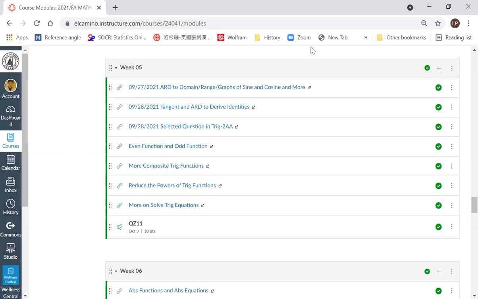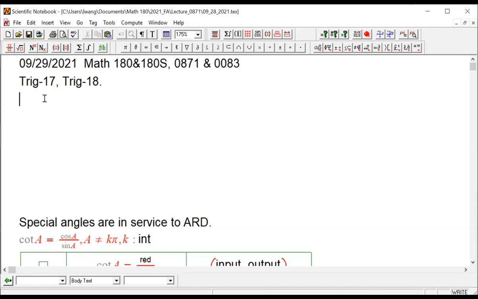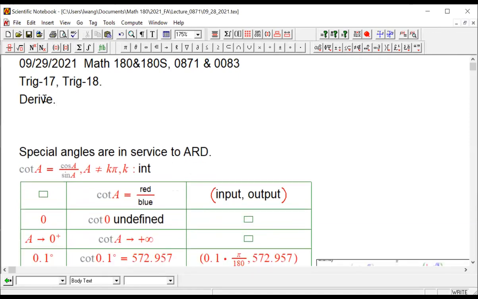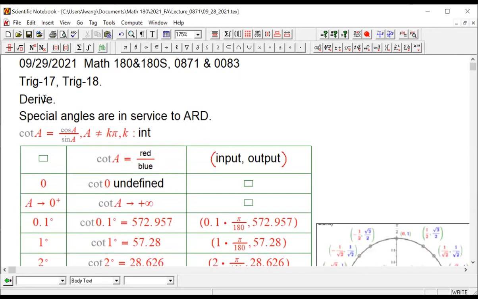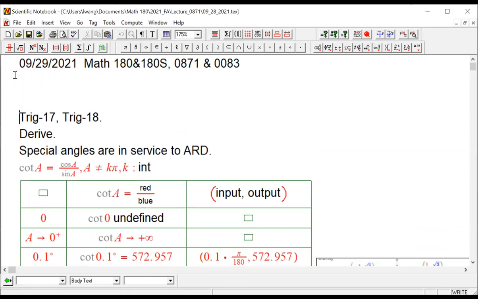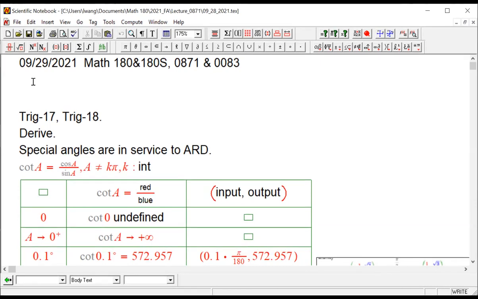All right, so anyway, let's go back. With the remainder of the time, I want to get you started deriving. Why do I want you to get started? Because we won't have much time deriving in this class. But do you need to derive? Yes, you do. You need a lot of trig deriving in Calc 1, Calc 2, at least. For those of you who have never taken trigonometry, you are at a disadvantage. You must start deriving